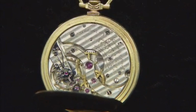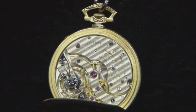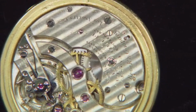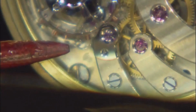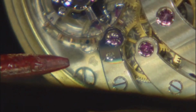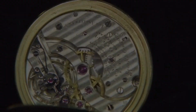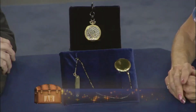The movement of this watch at the time of its making was revolutionary. Close examination of the watch reveals it was made in 1928, and it remains unscathed. This watch, at the time of its creation, was designed to be a special piece. But if you look closely, you will see right about there a small seal from the Geneva Observatory that tells you that this was a certified chronometer. It was a special watch. It is believed watches like this one were used by the rich to show off their wealth. If this luxurious gold pocket watch were to be auctioned in today's market, it would sell for...